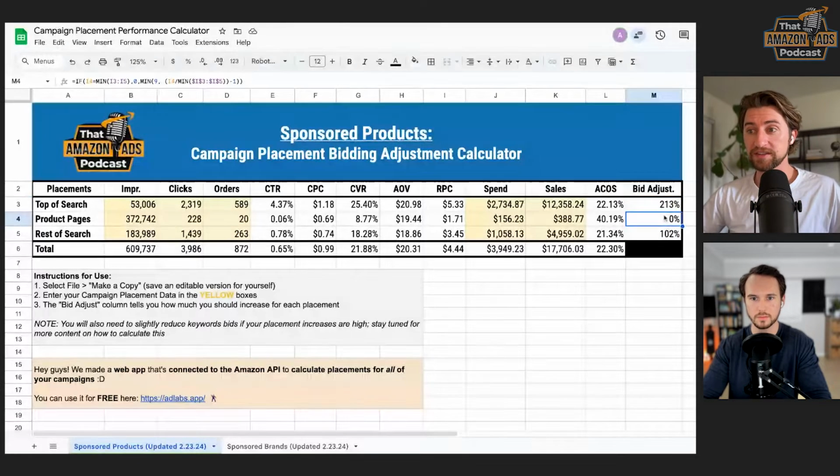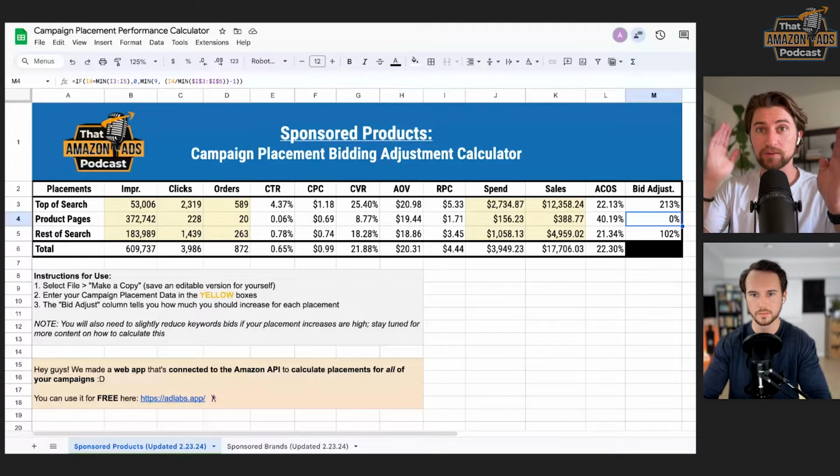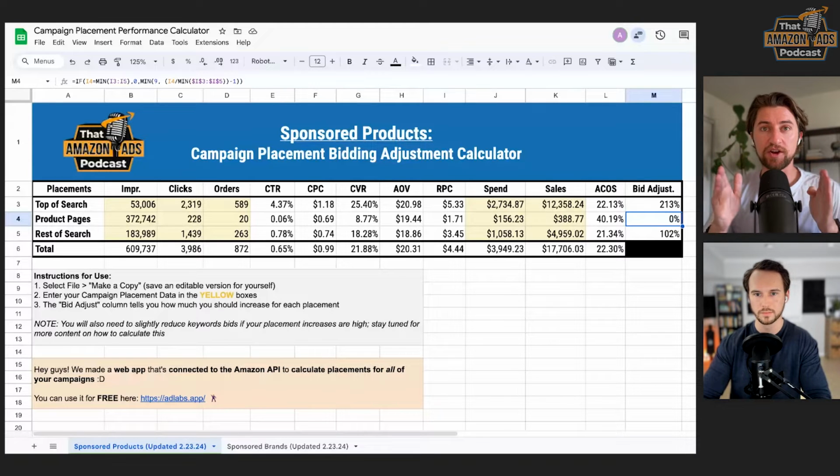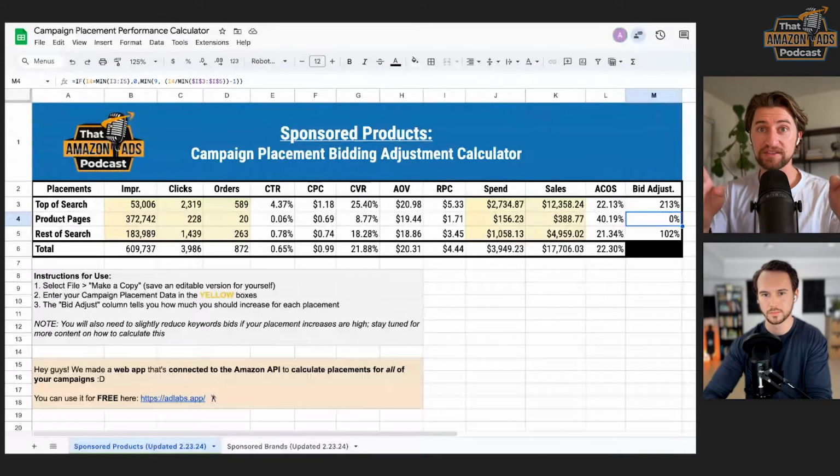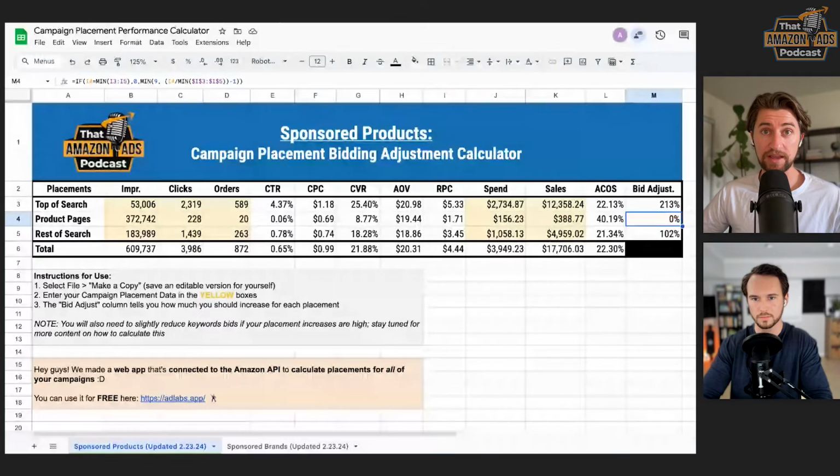So when you do all this, what that's going to allow you to do is, for every single one of your keywords, as well as for every single one of your placements, you will be able to align your CPC to your revenue per click ratio, and they'll stay in balance, which is basically how you hit the target ACoS across your entire campaign and with everything within that campaign. Because at the end of the day, ACoS is just a ratio of spend to sales. And so we are trying to align our CPC with our RPC to hit that target ACoS on every level.